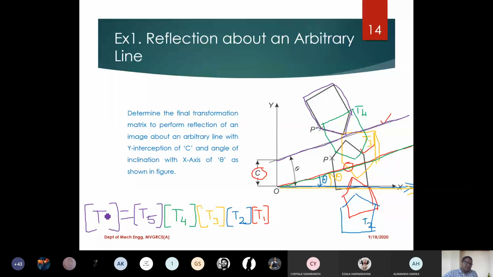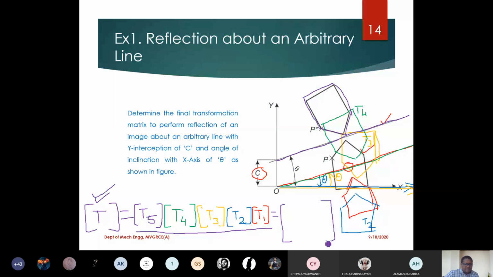Now what you need to understand here is, don't think that, let us say some coordinates on the original object are given. Let us say this object has 5 coordinates. Don't think that T1 needs to be multiplied with all the 5 coordinates, and then you multiply T2 with all the subsequent coordinates. It should not happen like that. First of all, you have to identify all the transformation matrices, multiply these transformation matrices, and get this final transformation matrix in a single form.